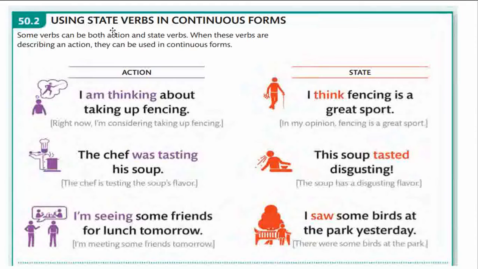Previously, we have learned that most of the state verbs cannot be taken in ing form. But we do have certain verbs that can change from state verbs to action words. Let us see. Some verbs can be both action verbs and state verbs. When these verbs are describing an action, they can be used in continuous form. So certain state verbs can show certain actions. Let us explore